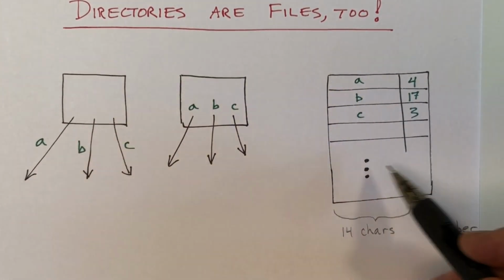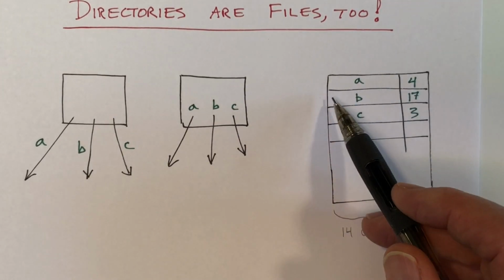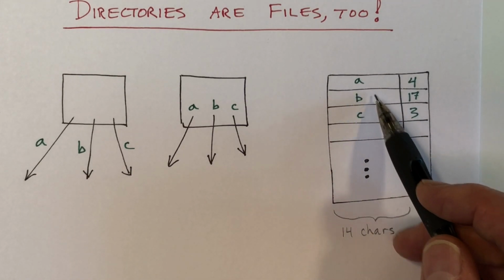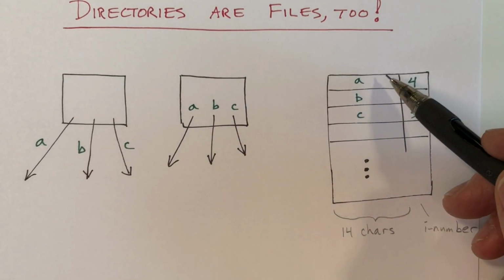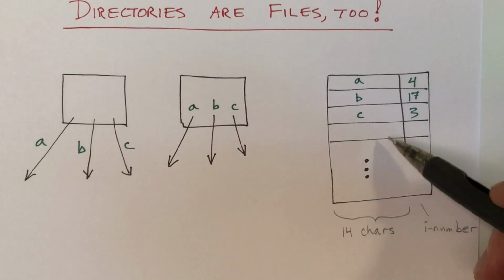The original Unix system had this 14 character limit for file names. In xv6, we can have up to 14 characters for the file name, and if it's shorter, we would terminate the file name with a null character. When we want to look up a file, we have to go through this array linearly, and that's a bit